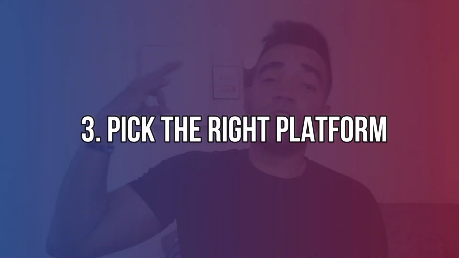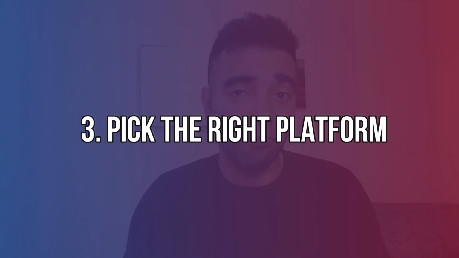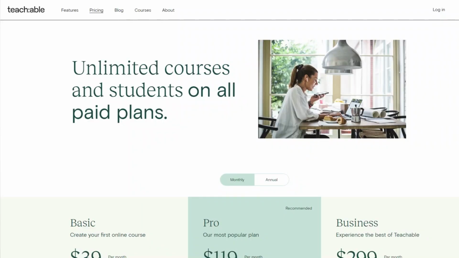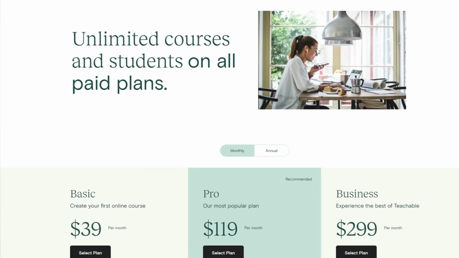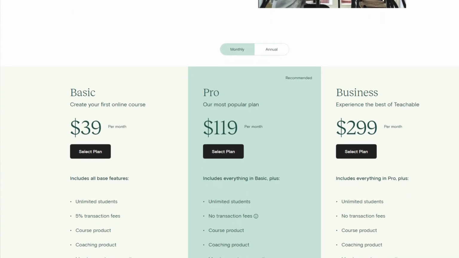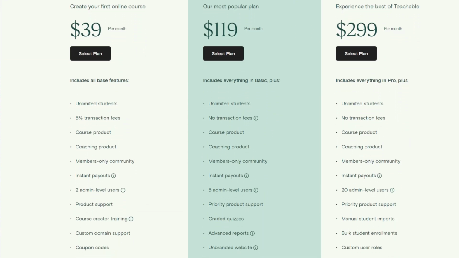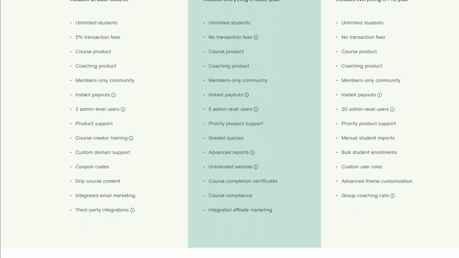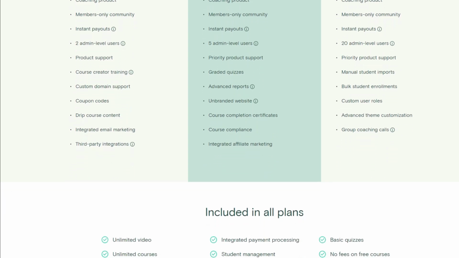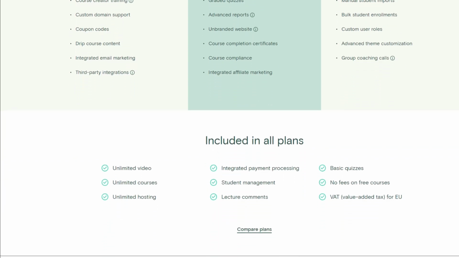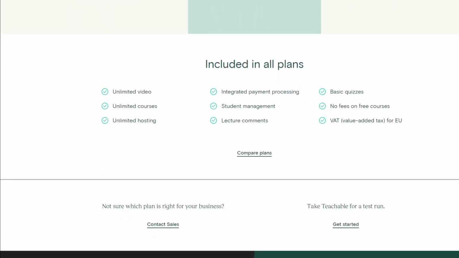All right, so let's move on to tip number three, which is to pick the right platform. In my case, I used Teachable. If you don't know what Teachable is, it's a monthly subscription service where you pay a monthly fee, usually about $40 per month, and you're able to host as many courses as you want in your account. They made it really easy for me because I didn't have to worry about hosting or buying a domain name. I didn't have to worry about security because they handle all of that for me. And the main thing, which is to process payments, is another thing that Teachable handles for you. I have students from all over the world who purchased my course, and they paid through Teachable